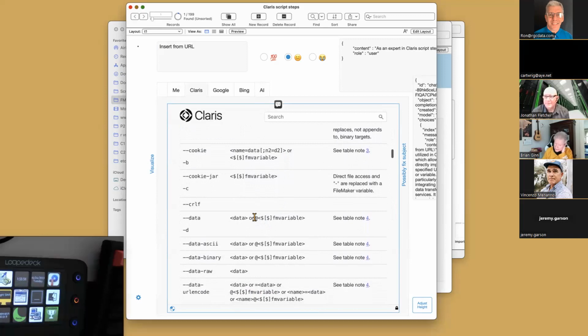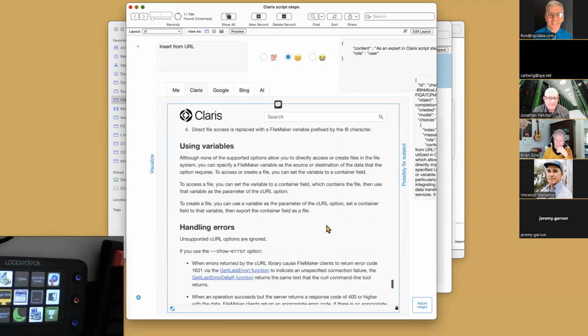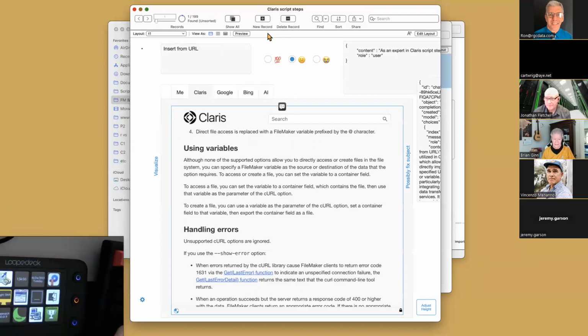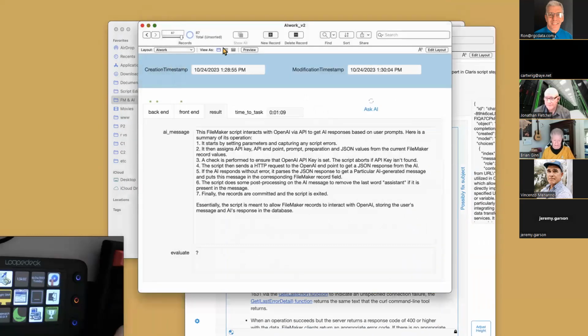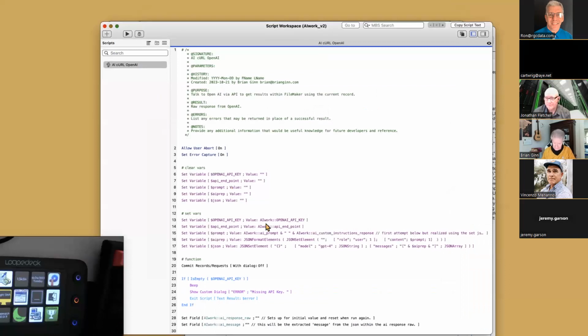Right here under data, I didn't understand this at all, the @ in front of a variable. Never even seen it before. But if you go to node 4, when you're constructing your JSON to send over, you need to put the @ symbol in front of the variable so that it will read it correctly. And let's look at that here.